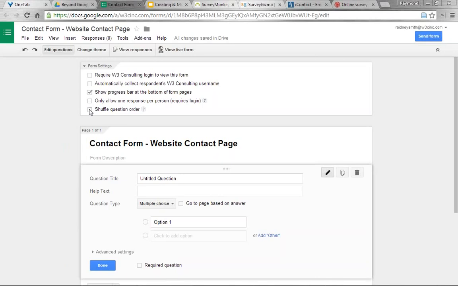And you can also shuffle question order. So say you want to be able to not get someone to preempt the flow of the questions. If all the questions are independent questions that don't require a flow from one to the next, you can go ahead and shuffle the order, and every time the page loads, the questions will be shuffled up. Okay, so just in case there's some kind of randomization that's required for your statistical analysis, you can go ahead and do that by shuffling the question order. Okay. So I'm going to uncheck all of those items and minimize this section